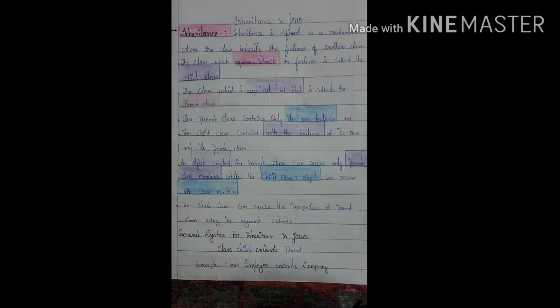So here, class is the keyword to declare any class. Child is the name given by me to a class which is inheriting, while extends is the keyword to inherit the properties, and parent is also a name given by me to a class. Let's understand this better with an example. Here, as you can see, class is again the keyword, and the child class here is employee, which is extending. This means that it's acquiring properties, that is, inheriting from the parent class, which is known as company.